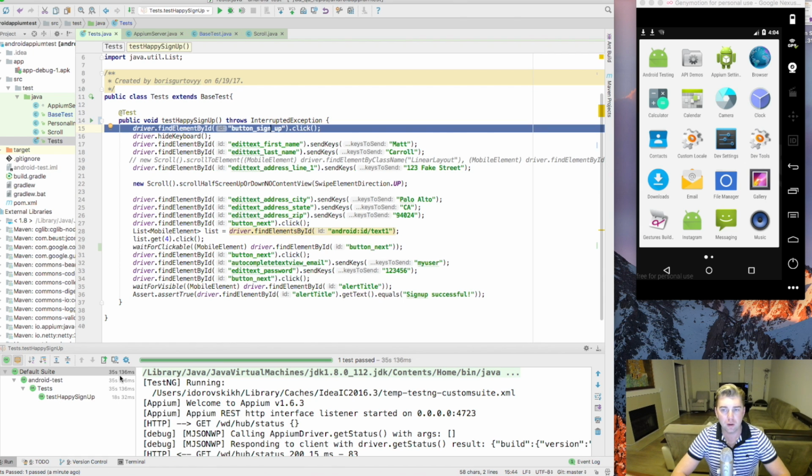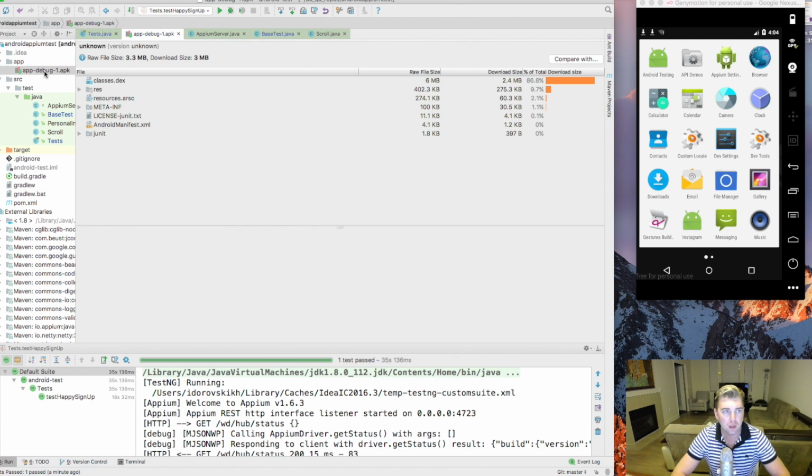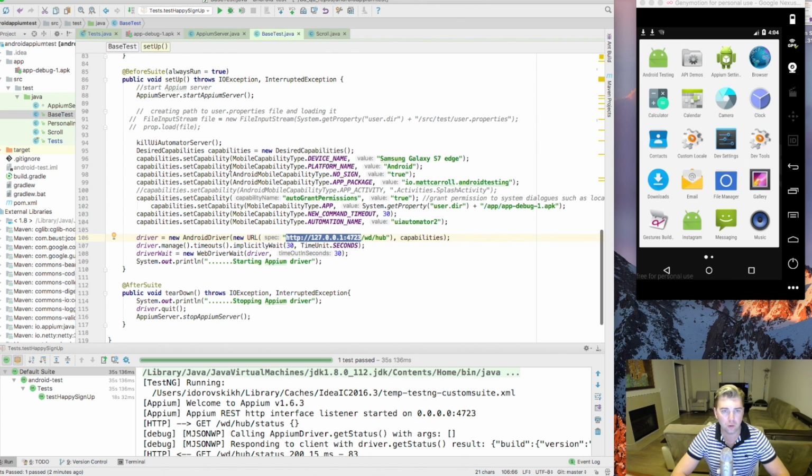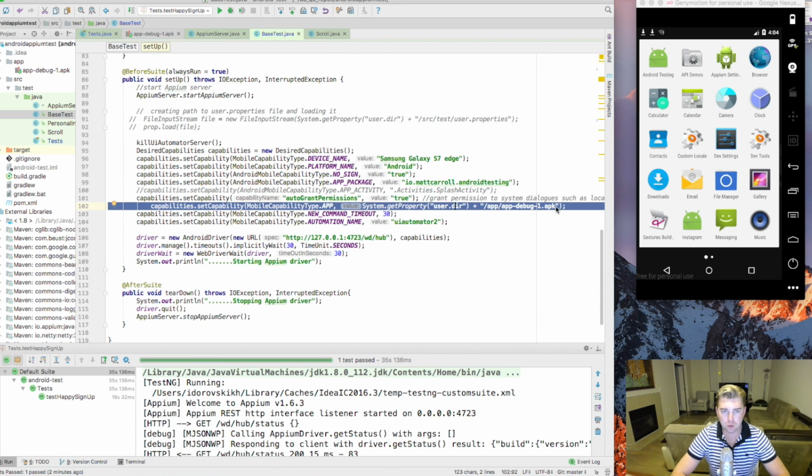Note that we are not building the app. The app is already a pre-built APK package for Android, which is stored within the project. So you have to build it separately, bring it to some place on your disk, and then specify in your boilerplate code where your application resides. Like here on line 102, I'm putting the path to this application. Okay, so now you have a pretty quick overview of the execution time and environment, and let's look at the